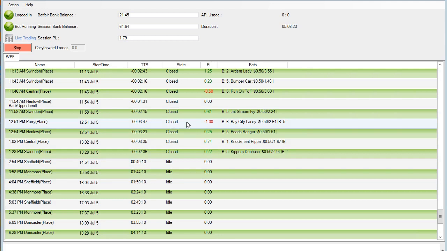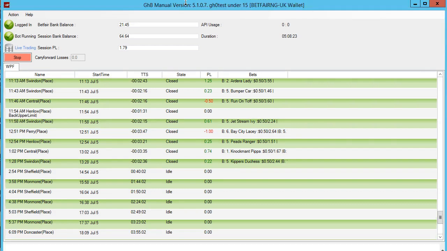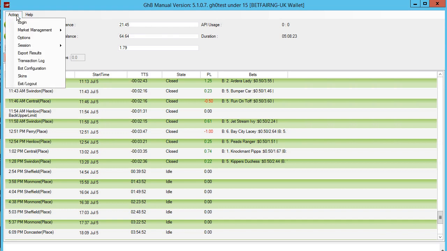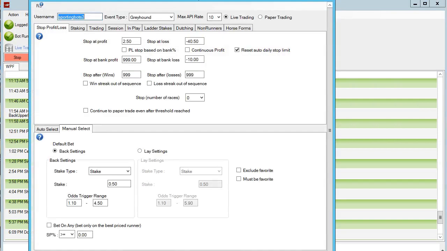Well, obviously, as it's a bot, there's lots of ways you can set it up. Now this is the manual bot. Now I am testing the next version of it, so I've got 5.1.07, but you'll have 5.1.06 because 7 isn't out yet. But basically setting up these things are generally the same, and you just have to decide how you want to set it up. So in this particular case,